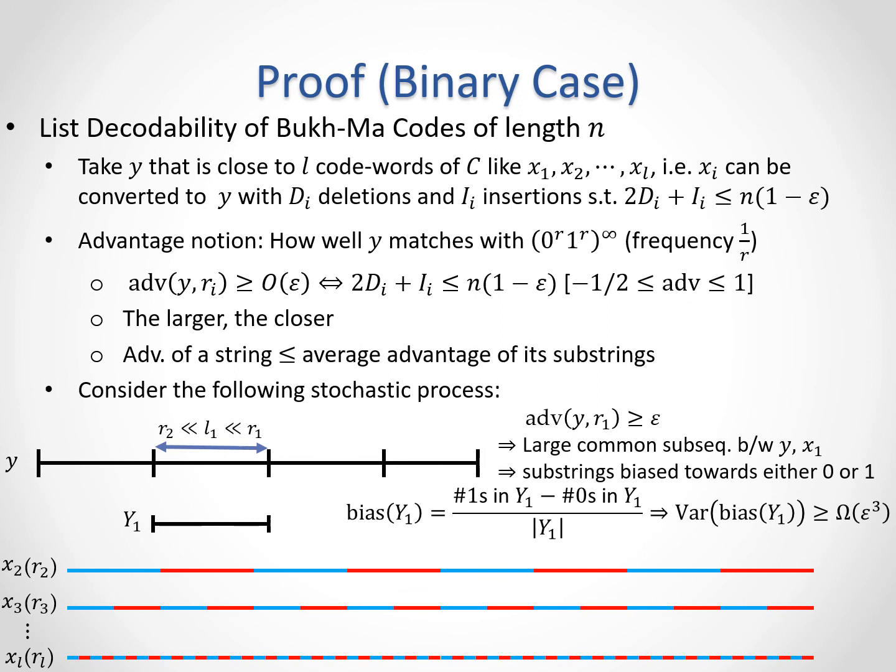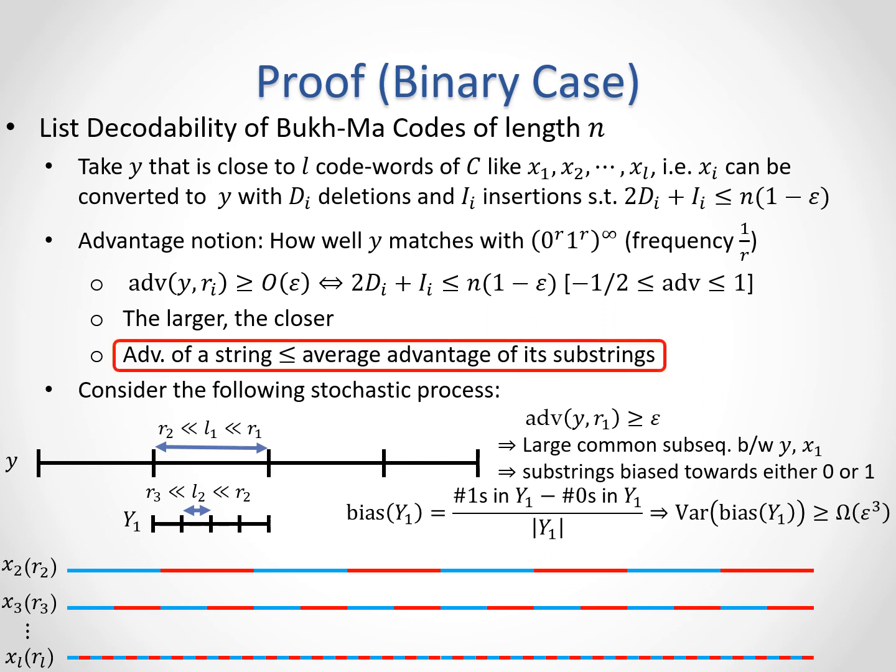Now the next step of the stochastic process is to repeat the same thing between y1 and x2. Again, we split y1 into substrings of length L2 so that L2 is much larger than R3 but much smaller than R2. And because of this, we know that the expected advantage of y1 to R2 is large. So the same sort of argument can be repeated to show that now the variance of the bias of y2 is even larger than the variance of the bias of y1 plus an additional term of omega epsilon to the